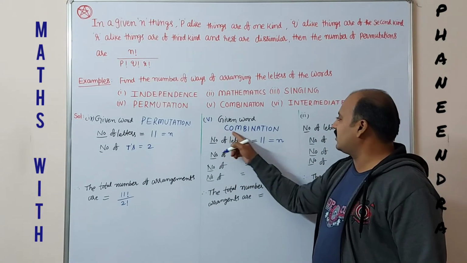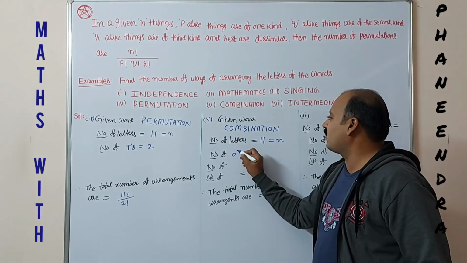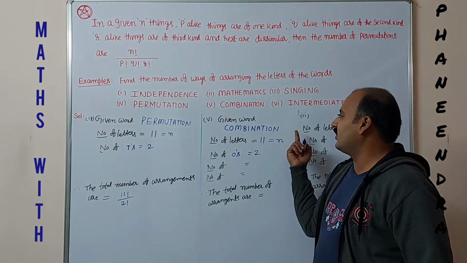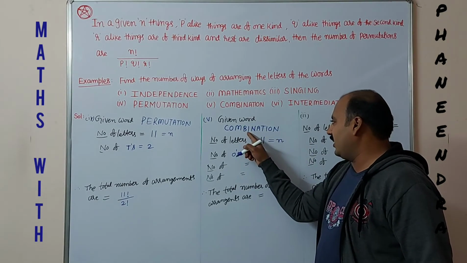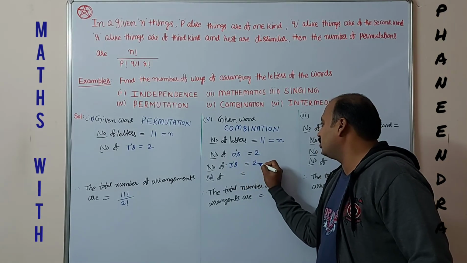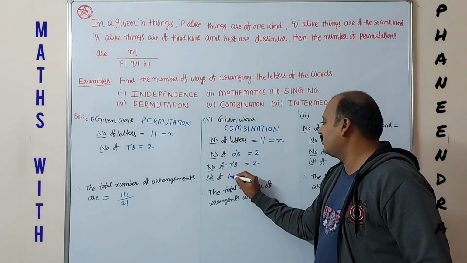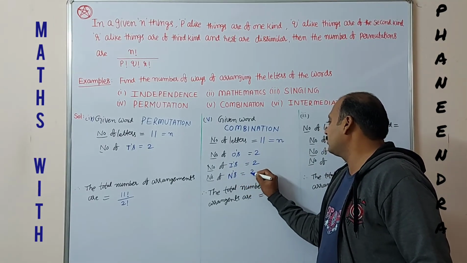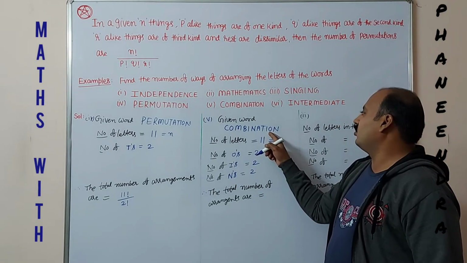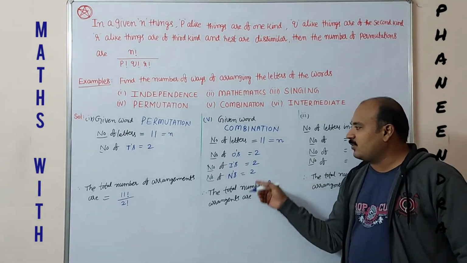So how many C's are there? One is there, means no need to write. O, 2 are there here. So number of O's, 2. Next M, 1 is there. B also 1. I, 2 are there. So number of I's, 2. Next N, 2 are there here. Next A only 1 is there. P is also 1. I, O already we wrote. N also we wrote. So these are the possibilities.